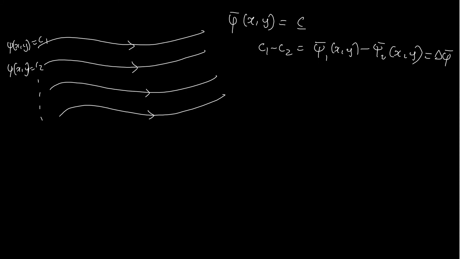Now that we have understood what a streamline is, we can move on to the next topic, which will be velocity potentials. We'll talk about what a velocity potential is. Now that we have talked about streamlines, let's talk about velocity potential. So assume that it is an irrotational flow here, just for the sake of simplicity, and we are dealing with low speed aerodynamics, so we can assume that.